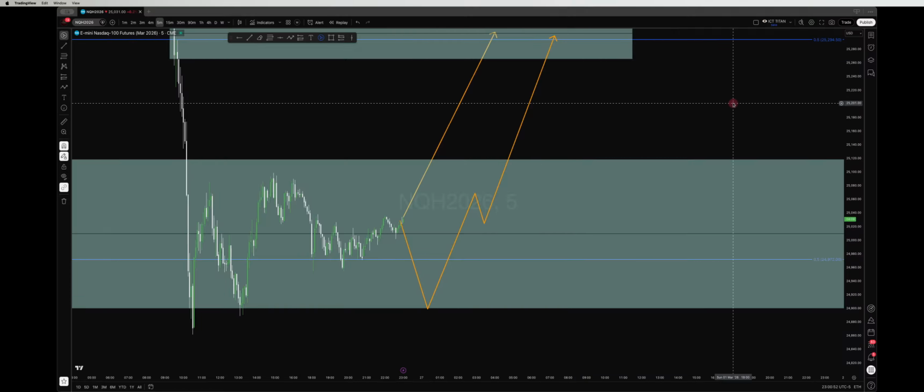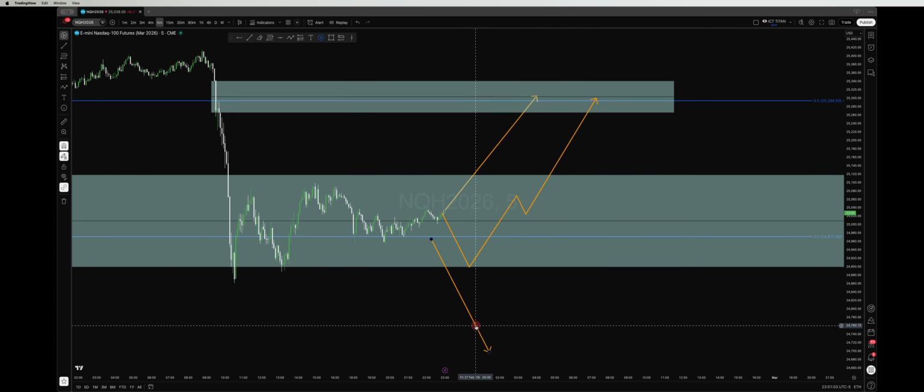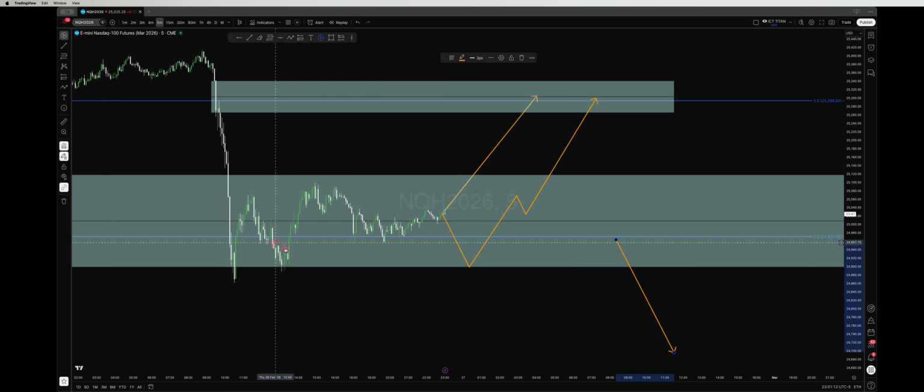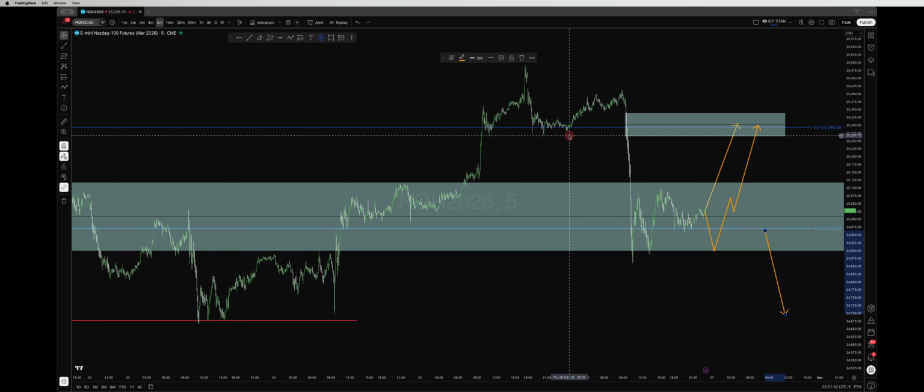And then again, for the higher time frame, this is accumulation. A higher time frame is saying price is going lower. That means the distribution is to the downside. Before the distribution, what do you expect then? Manipulation to the upside. That's what you are watching here. If price gives you a manipulation for this small accumulation to the downside and then distributes upside, then for the bigger range, this is a manipulation, right? And then distribution to the downside. And the distribution is now also for this smaller piece and then also for the bigger piece. All right, so